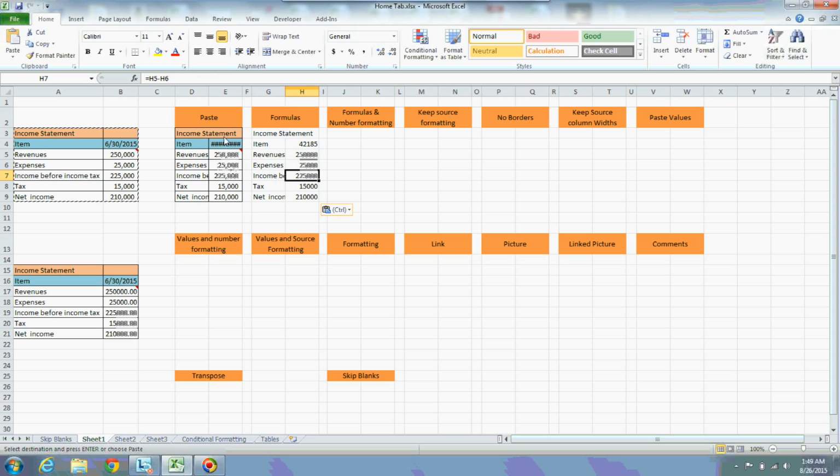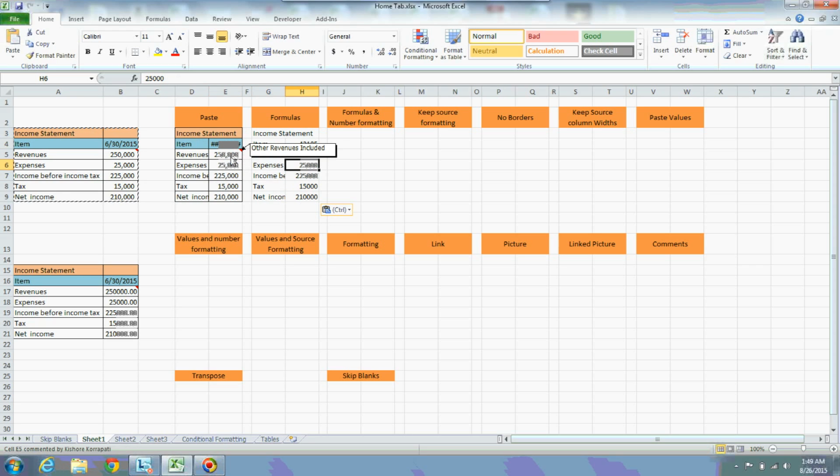But what is the difference between paste and formulas? If you use paste, the entire format will be copied along with the formulas. See, the formula has been copied along with the format. Here the formula has been copied but without formatting. You can also observe one more thing. There is a small arrow button over here. This is called a comment box.